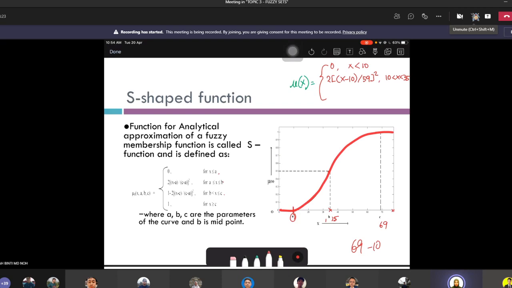Kita tulis pula function yang seterusnya untuk bahagian ini sampai sini. Sebab ni lengkung dia lain. Sini lengkung dia macam ni, sini lengkung dia macam tu. Bila lengkung dia berbeza, function dia kena terbalik lah. Kalau you tengok balik dekat sini pun, function dia ada 1 minus. So kita tulis pula yang ni: 1 minus 2, okay, sorry kita pakai kotak kat situ, sebab nanti dia nak kuasa 2 kan semua. X minus C, C 69, divide by C minus A sama tadi 59. Ini kuasa 2. Ini antara 35